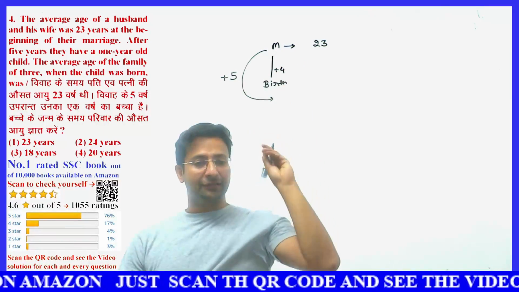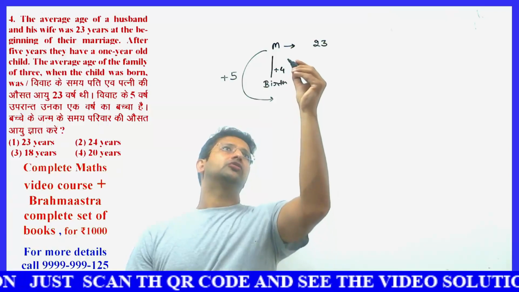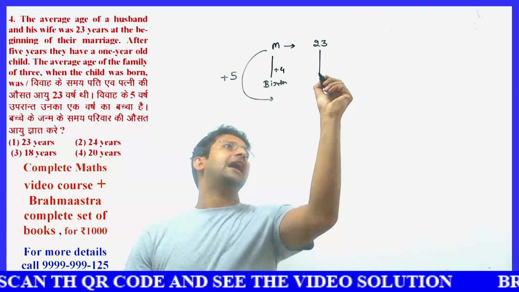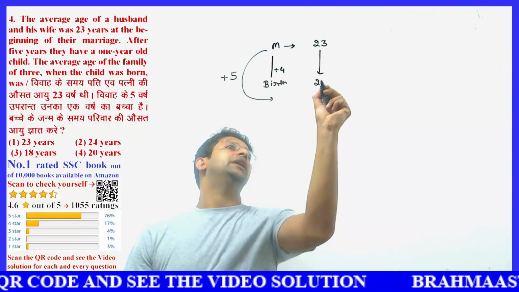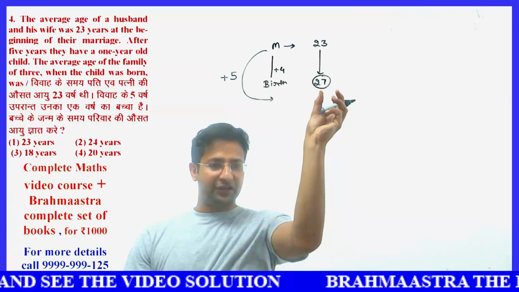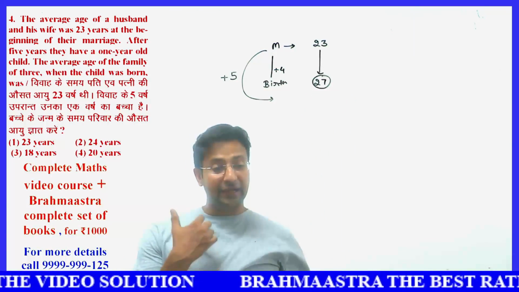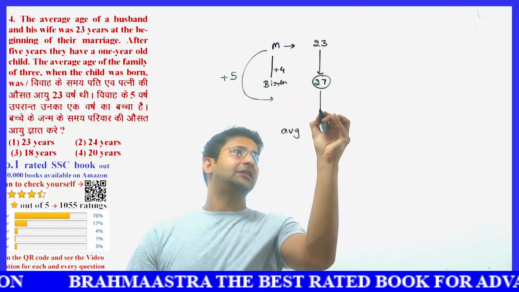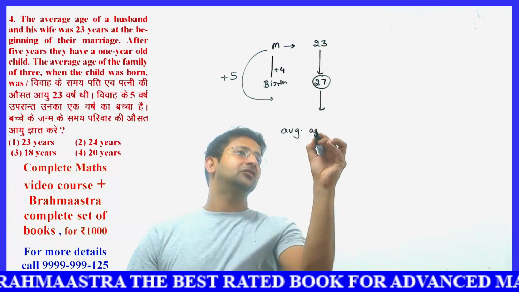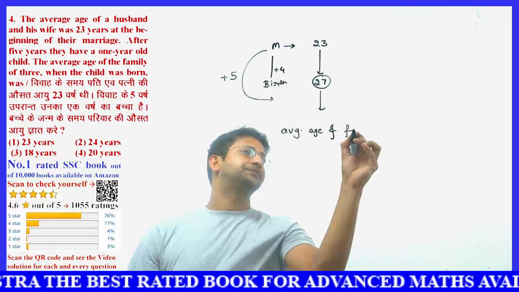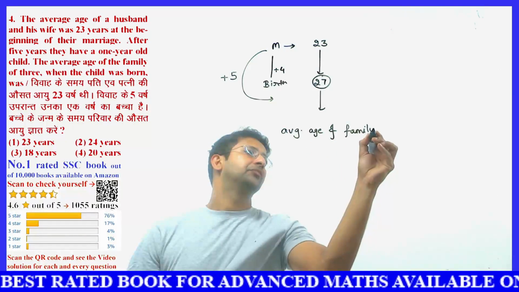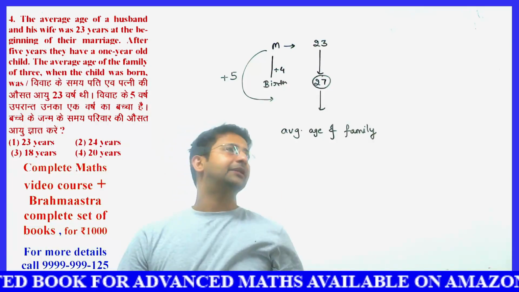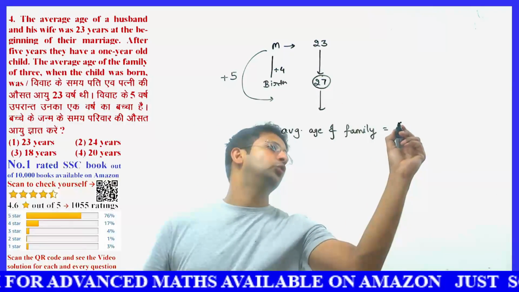So we can say the baby was born after 4 years. When the baby was born after 4 years, the average age of these two people becomes 27. What will be the average age of the family? At this time, the average age of the family was...